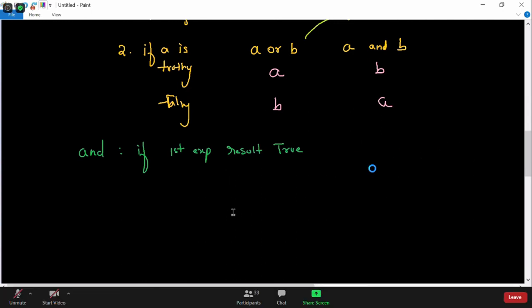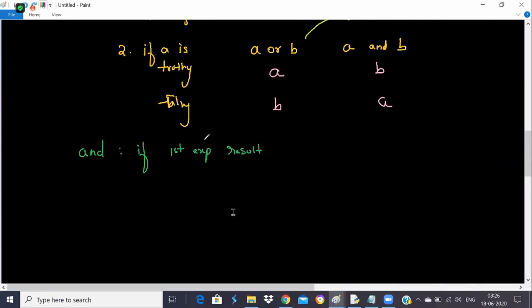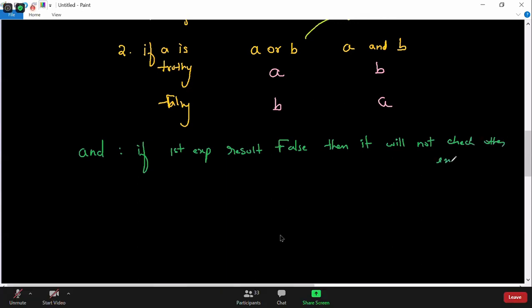So the statement should be something like this. In AND, if the first expression results false, then it will not check the other expressions.